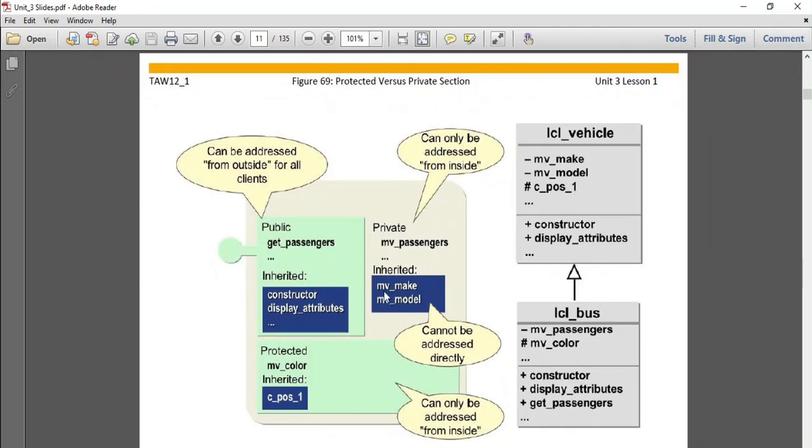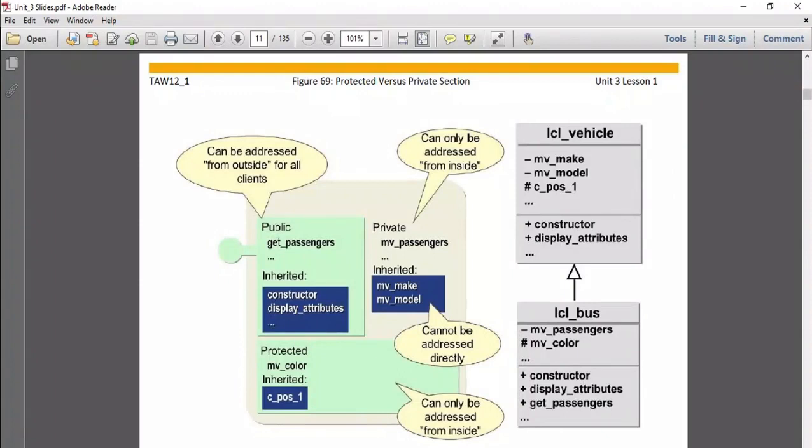So these are private, we cannot access them directly. Similarly, we are declaring C underscore POS underscore 1 as protected, which can only be addressed inside the class as well as the derived class. So this was the difference between the protected versus the private section.